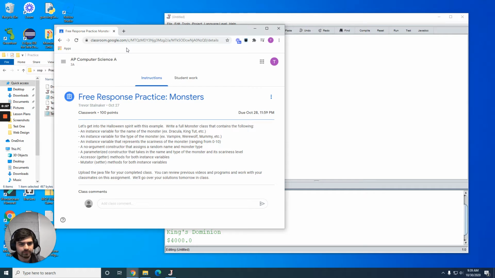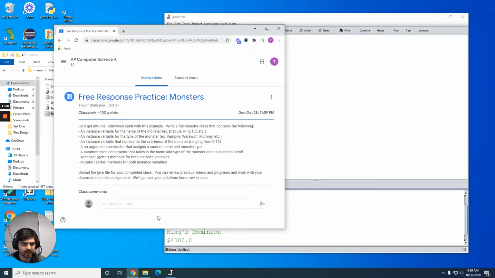And we're going to need that parameterized constructor so that we can actually create monsters, where we provide the name of the monster we want to make,